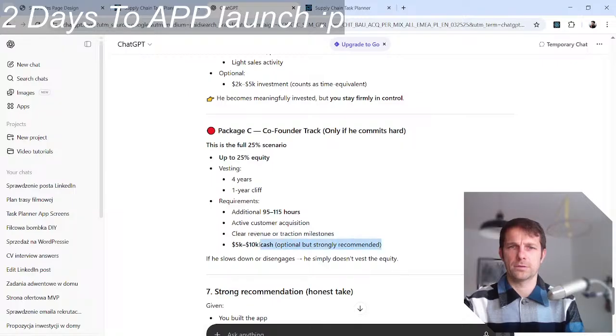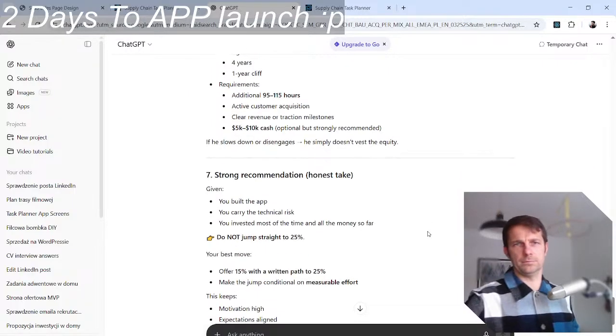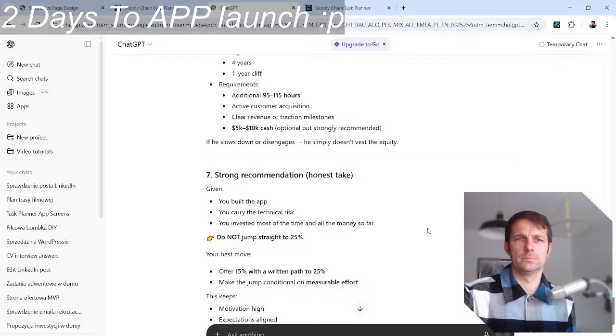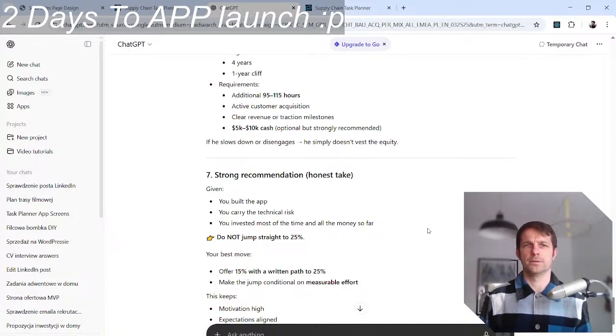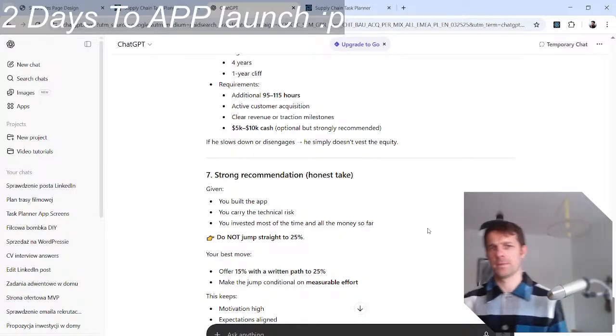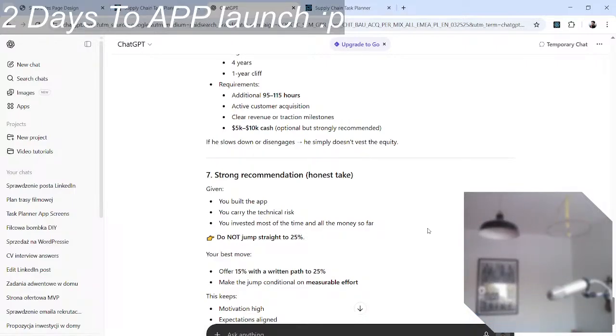Optional but strongly recommended. Given you built the app, you carry the technical risk, and you invested the most time, it should be honest, not just a straight 25%.